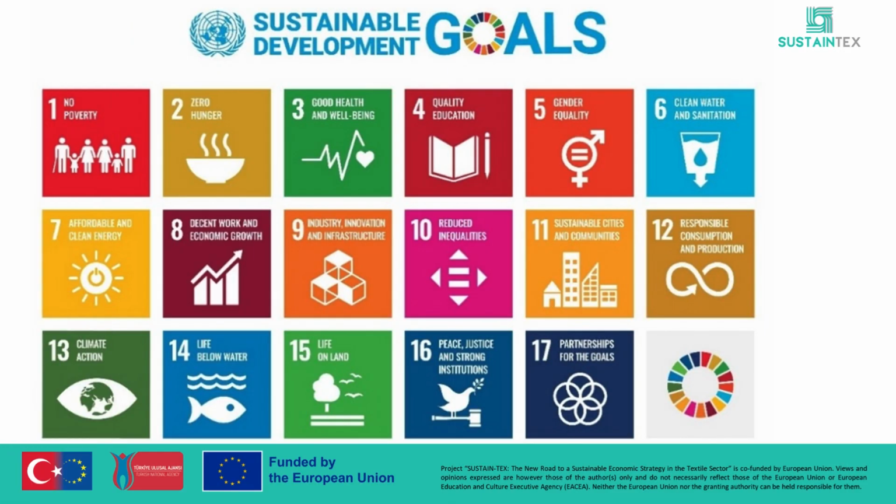In the picture are depicted the 17 Sustainable Development Goals as adopted by the UN. The short titles of the 17 SDGs are No Poverty, SDG 1, Zero Hunger, SDG 2, Good Health and Well-Being, SDG 3, Quality Education, SDG 4, Gender Equality, SDG 5, Clean Water and Sanitation, SDG 6, Affordable and Clean Energy,